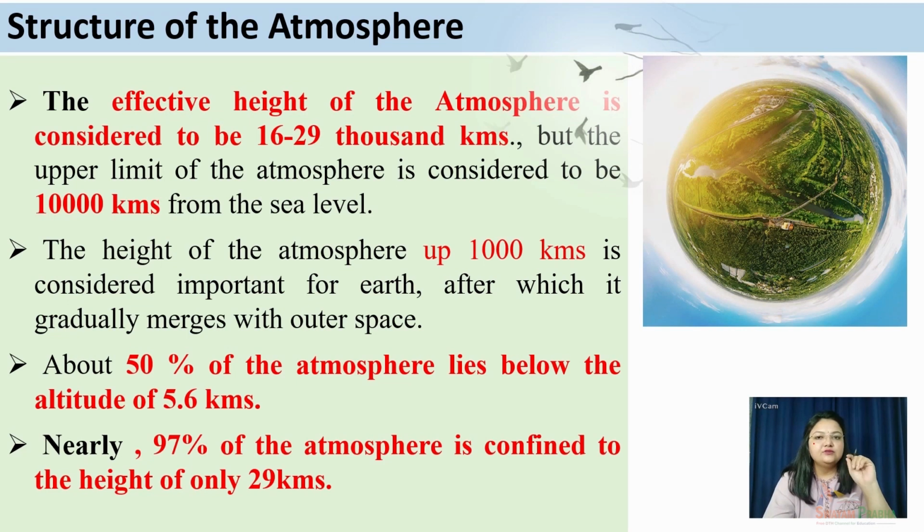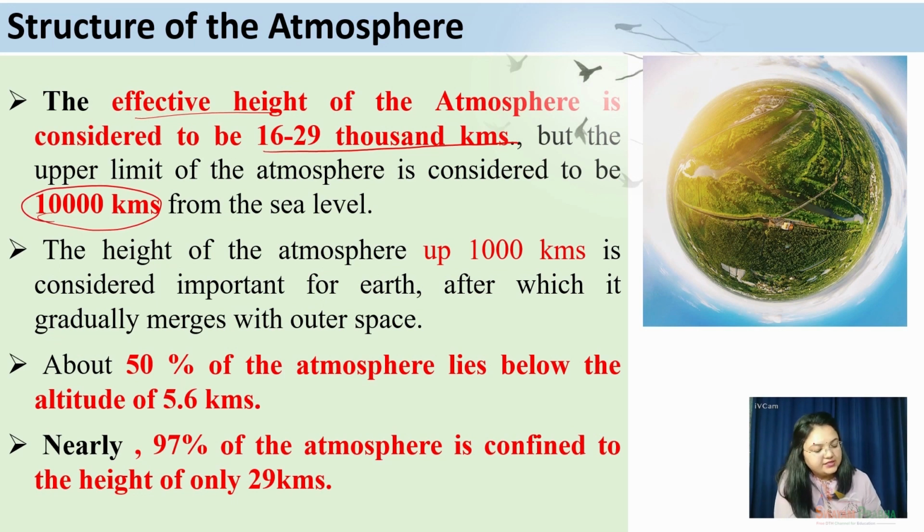While discussing the structure of atmosphere, it becomes imperative to discuss the height of the atmosphere, because the height, the extent of atmosphere, is a significant component of the structure of atmosphere. So the effective height for the atmosphere is considered to be 16 to 29,000 kilometers, although there is no specific boundary where the atmosphere ends and the outer space begins, but the scientists, based on several characteristics, have defined 16 to 29,000 kilometers as an effective height of atmosphere. Within this 16 to 29,000 kilometers also, the lower